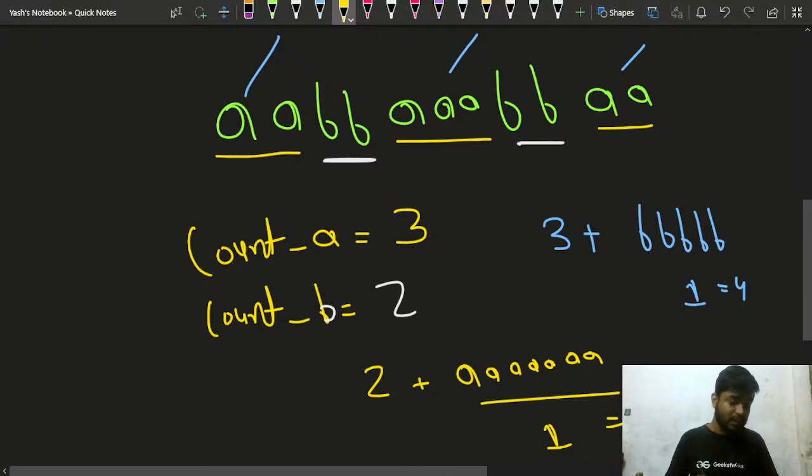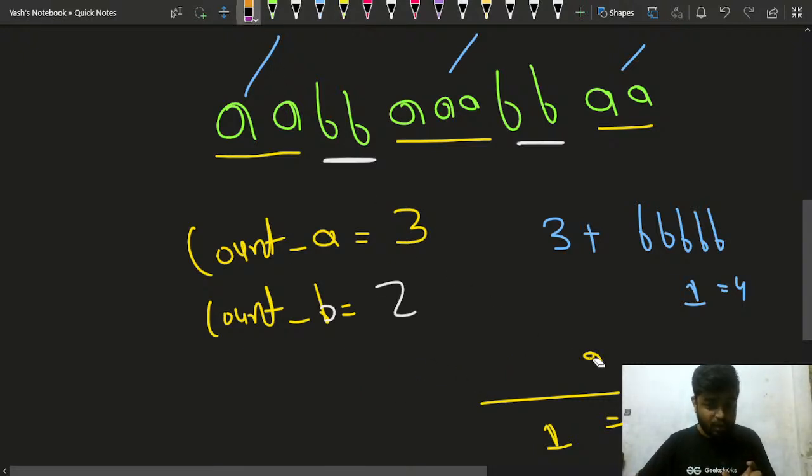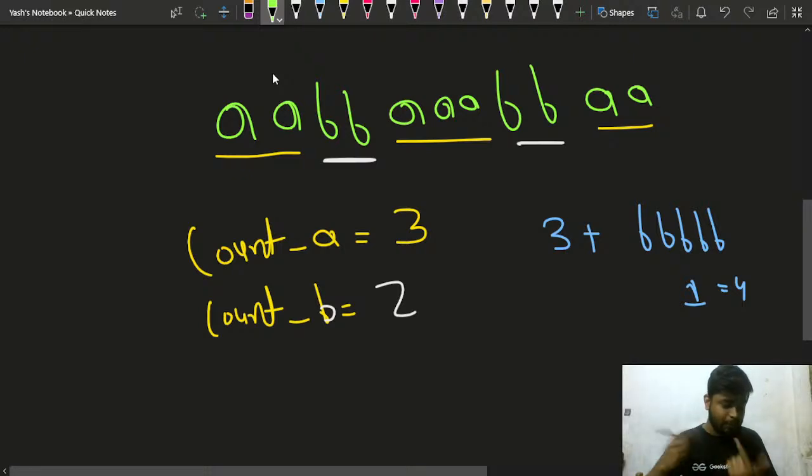So which segment will you remove first? Can I say that the overall answer will be the minimum of count_A and count_B, plus 1? Your task is to remove that particular letter first which will help you get the minimum number of steps.